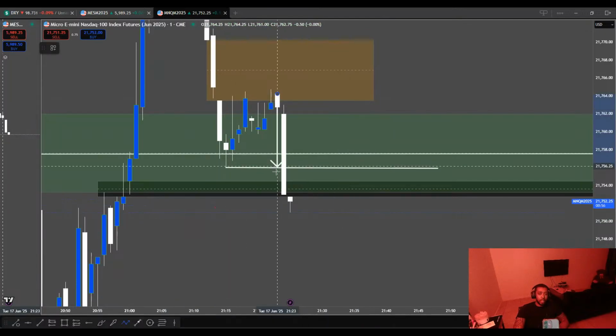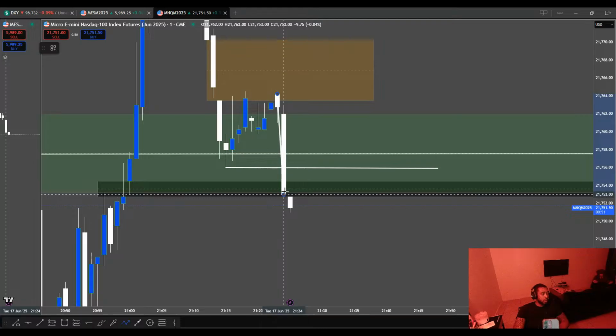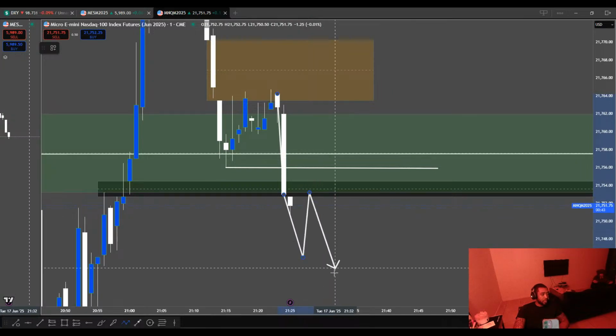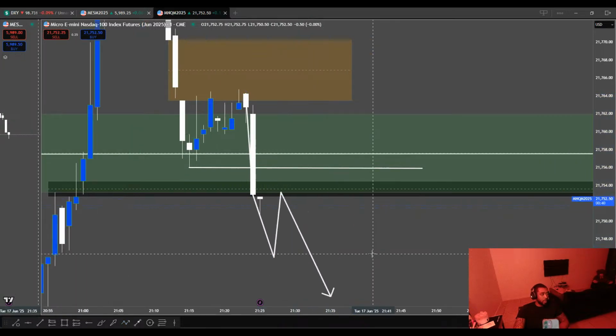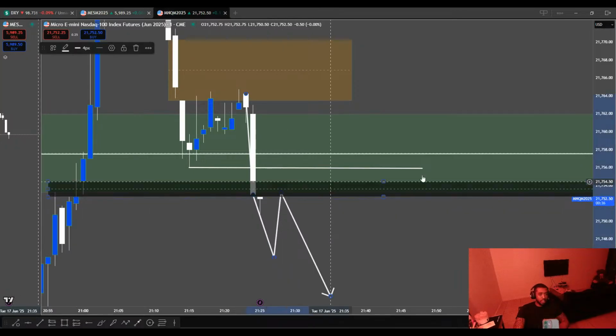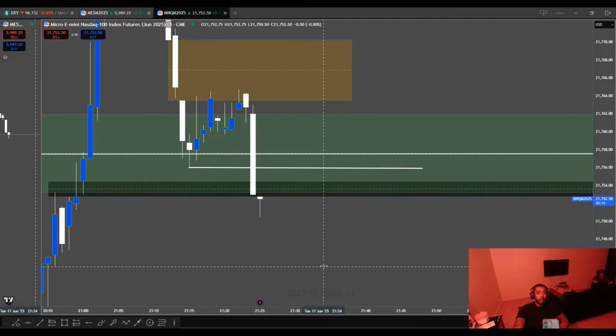When it breaks the low, do we expand? First of all, do we close below the low? We close below the low. You see, we close below. Now, do we expand? Do we come back, retest? Do we expand lower? That's how you know. Do we leave a fair value gap? Do we respect the fair value gap and go lower? Or